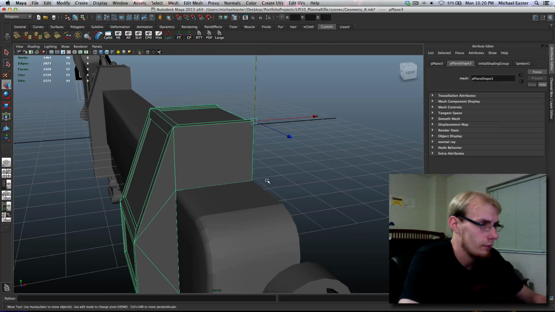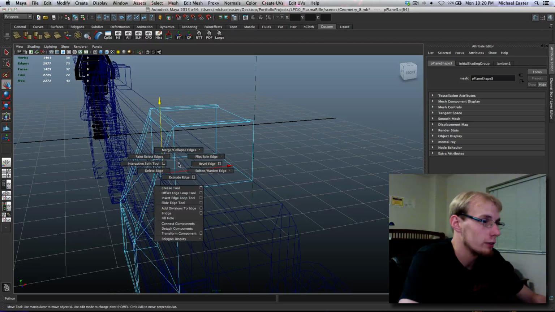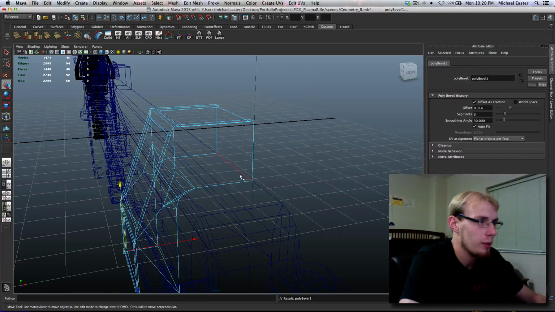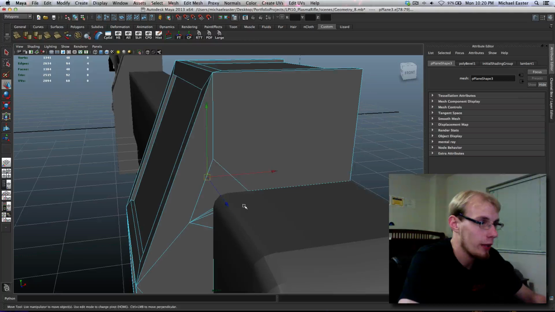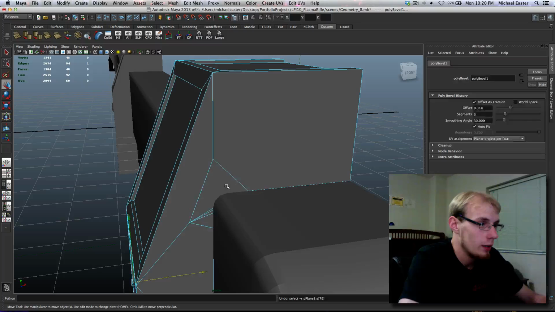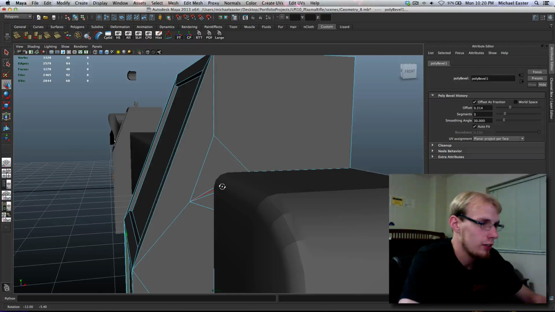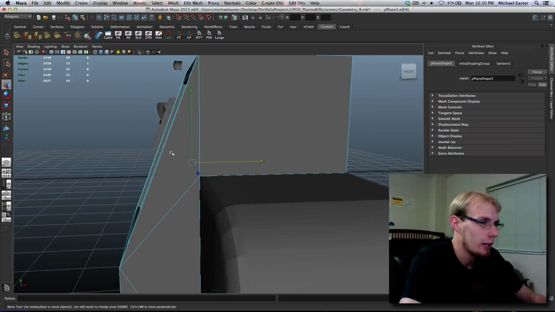Can't remember exactly how I did this. I'm going to grab this edge here, bevel it. I applied the same bevel, but obviously it's on a different object. It's going to scale differently. I did the same bevel so that I'd get the same number of edges and stuff. So that's actually one way of doing it, but now I'm thinking back to how I did this last time. It was actually easier to go in here